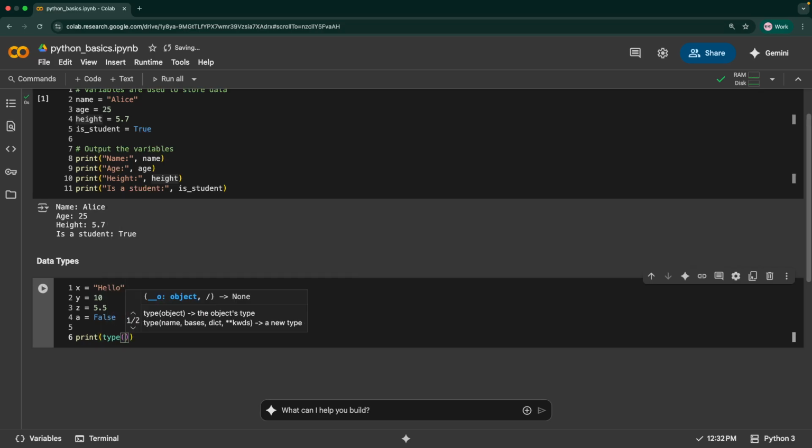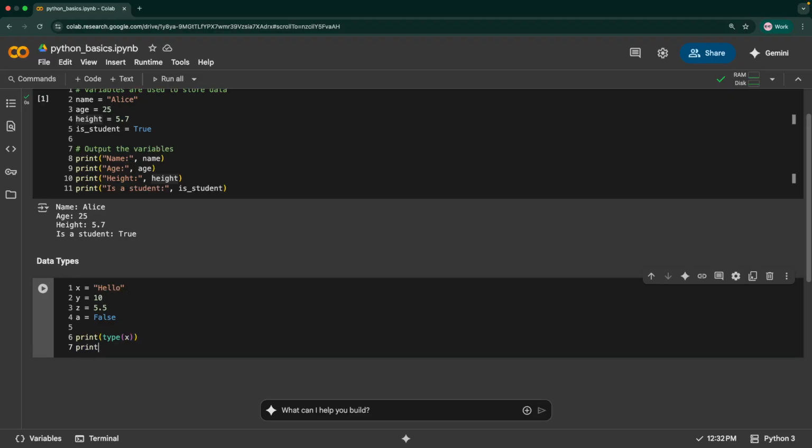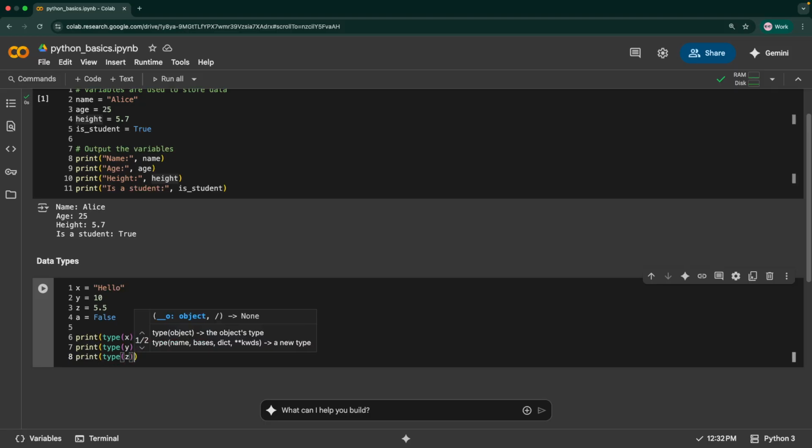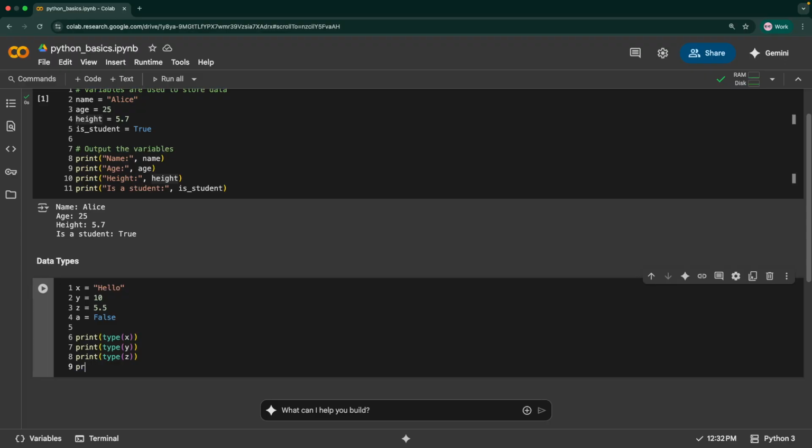Type is going to help you understand the data type of each value. I'll say print type of x, print type of y, print type of z, then print type of a. Let's run this now.